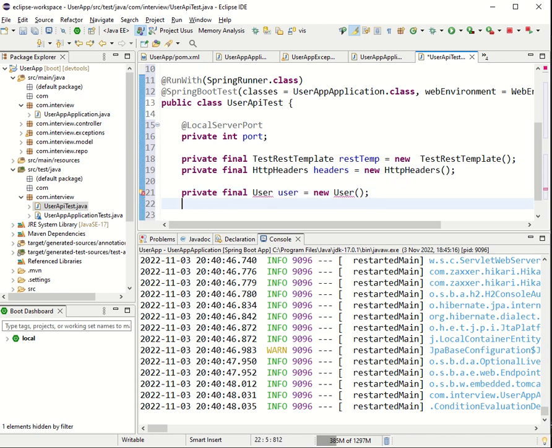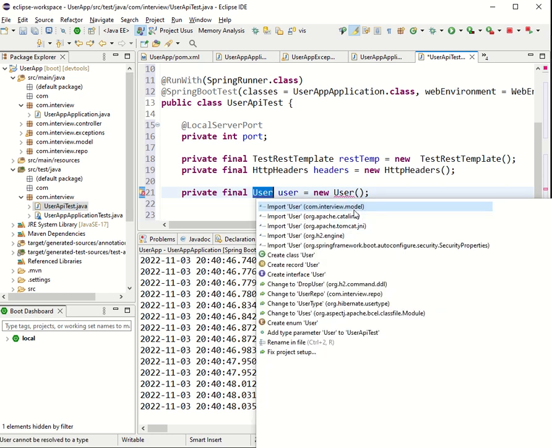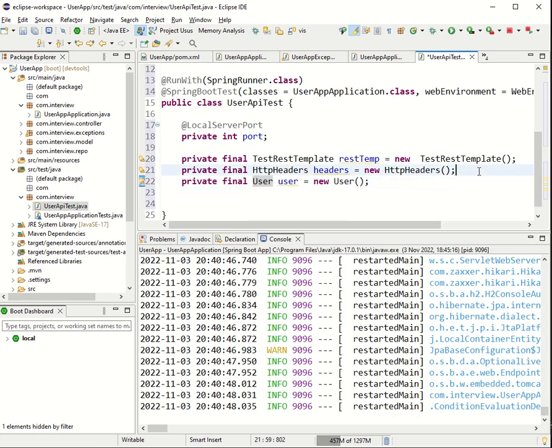You can use even mock templates. For now, I'm just using direct object instances,